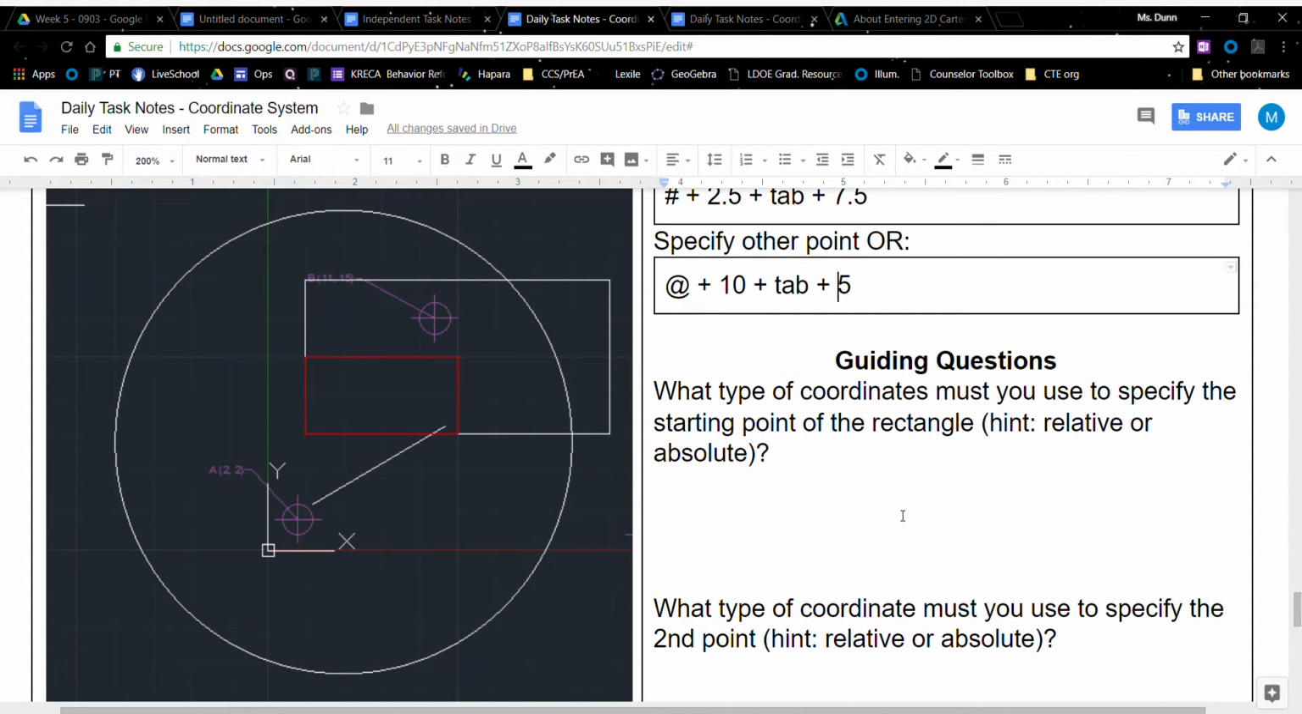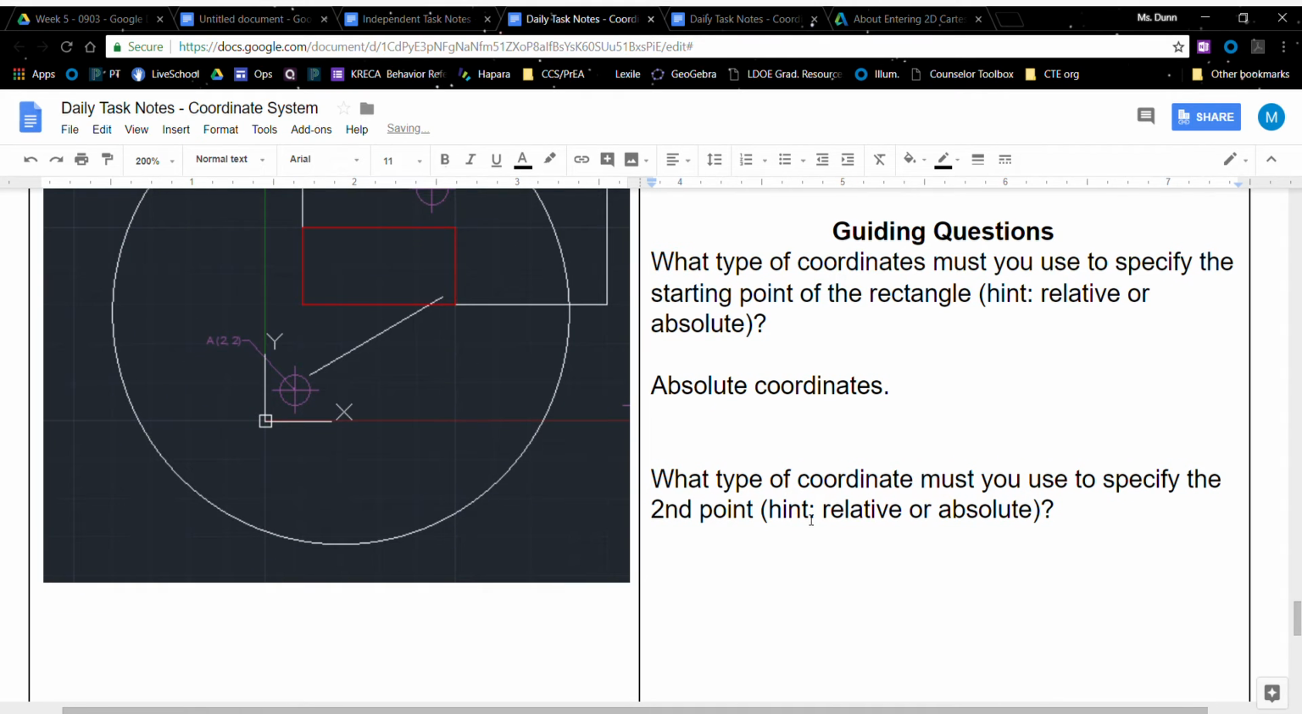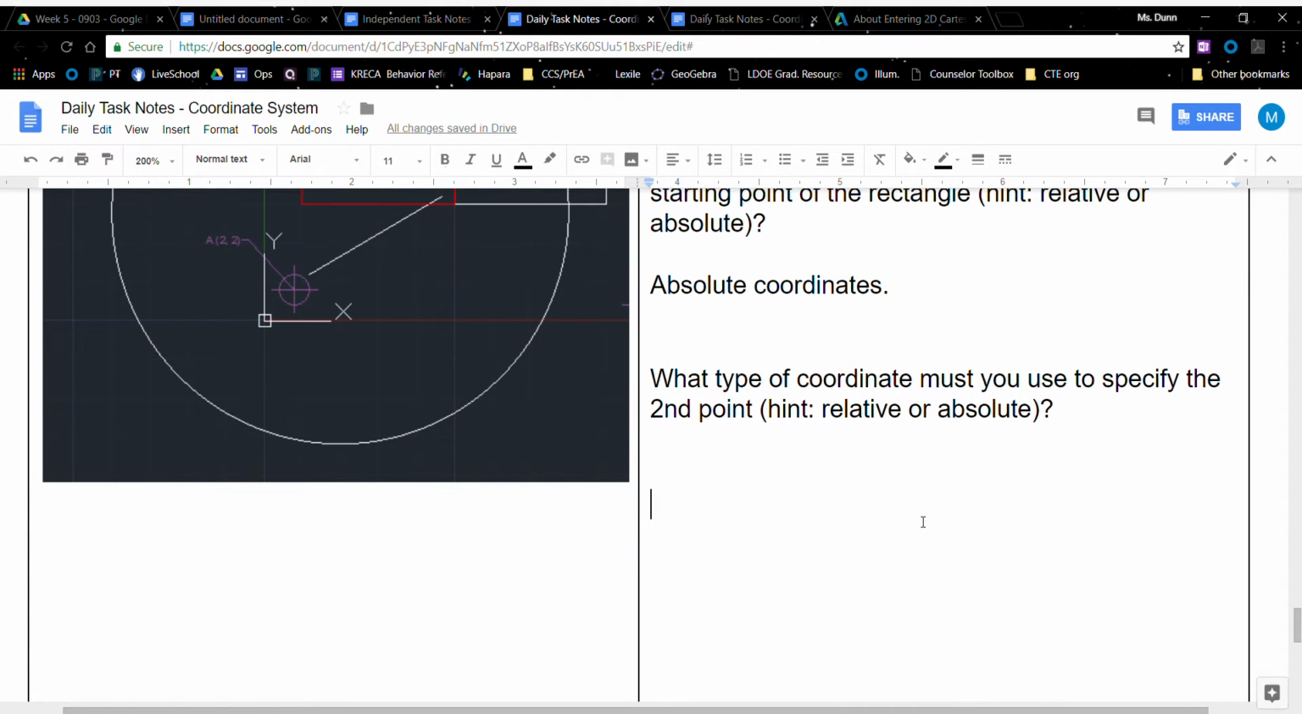Now, what type of coordinates must you use to specify the starting point of the rectangle? So for this one, it was very clear that I used absolute coordinates. I used absolute coordinates, period. Now, what type of coordinates must you use to specify the second point? I had to use relative coordinates because at 10, 5